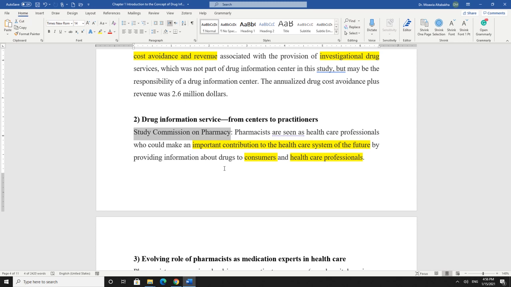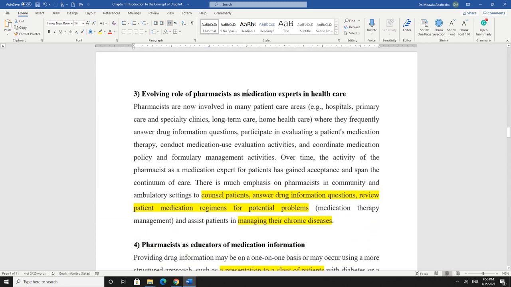Okay, so even the education, they started saying you have to include it in your curriculum. This is of course in the USA: you have to include in your curriculum material about drug information. You must do that because pharmacists are the best to provide consumers, meaning patients, consumers of healthcare professionals, with the right information about the medication and the drugs.